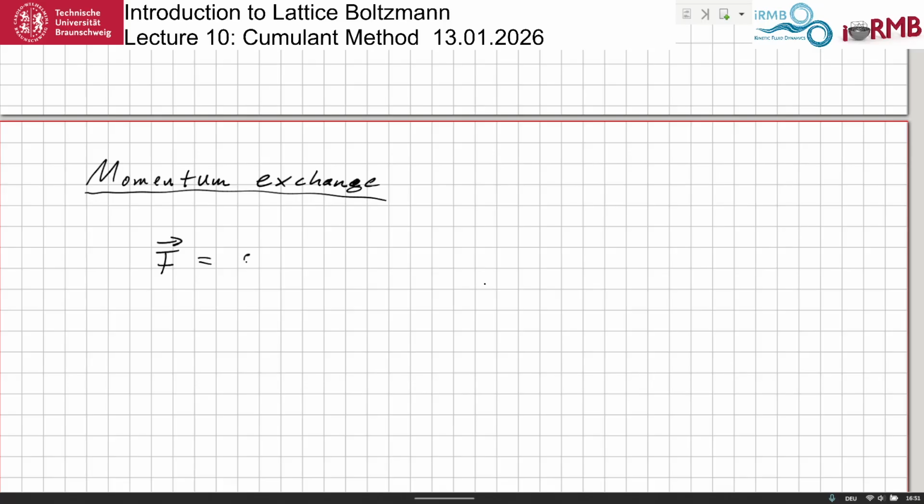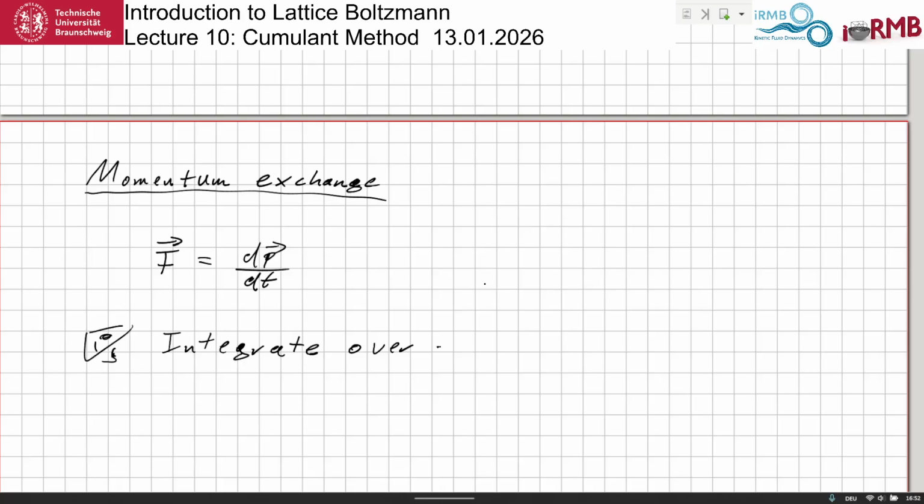and F is the change of momentum in time. So how does momentum change? You have momentum that flows from your domain into the boundary, and you have momentum that flows from the boundary into the domain. And what you need to do is to add these things together. That's all you need to do. So basically, say, we have another nabla here. All you need to do is to integrate